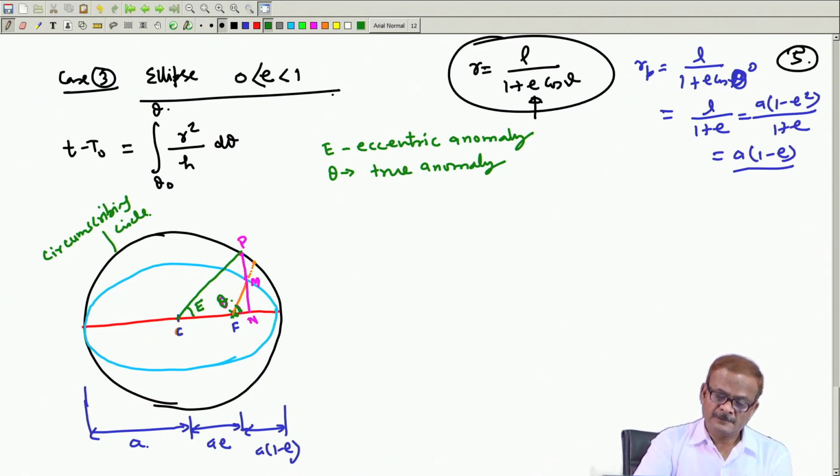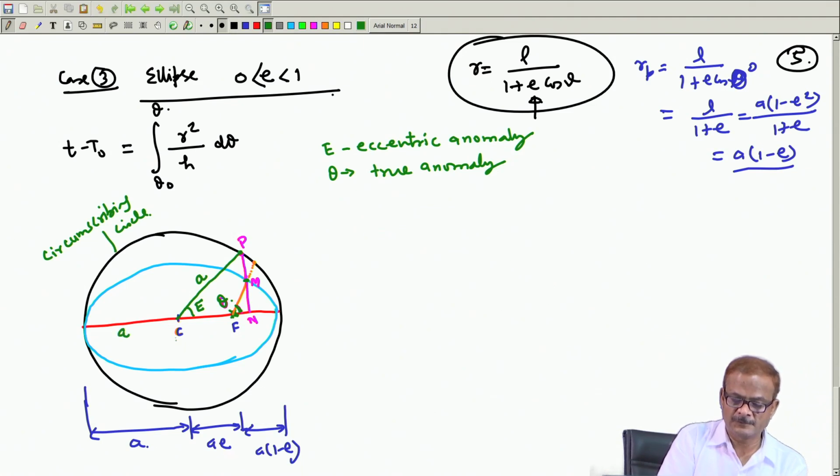So, what we have done is that this point on the ellipse we have extended vertically, which cuts the circle at this point P. So, the radius of the circle will be A, because this length is A. From here to here this length is A, and therefore this also becomes A. So this becomes the center of the circle and the center of the ellipse also.